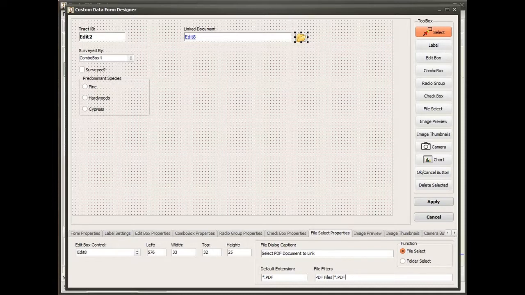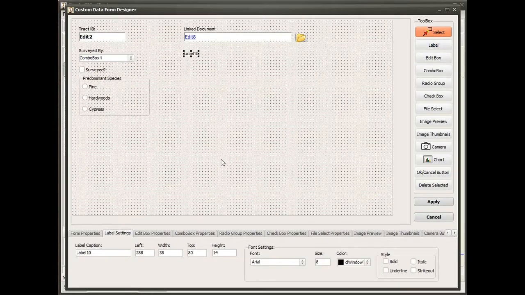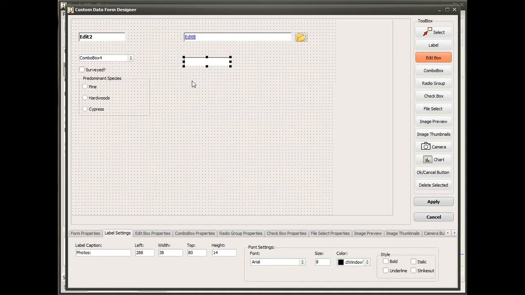And I could have multiple file filters that I can include in this. I would just need to separate each unique file filter with a semicolon. And so really it's the description of the filter, pipe character, and the filter itself. Now I'm going to add another label underneath this control. And in this particular label is going to be for photos. And I'm going to show you how you can link actually an entire folder